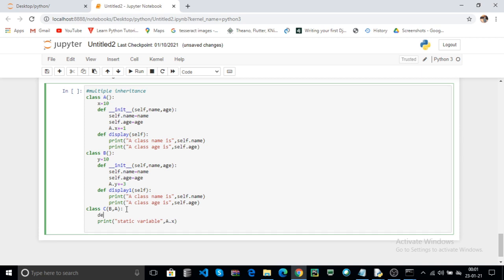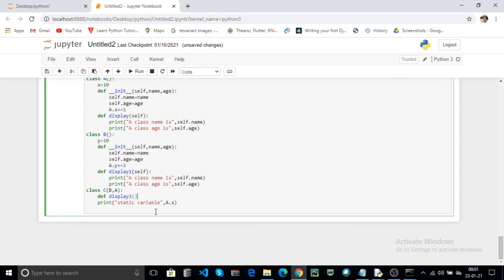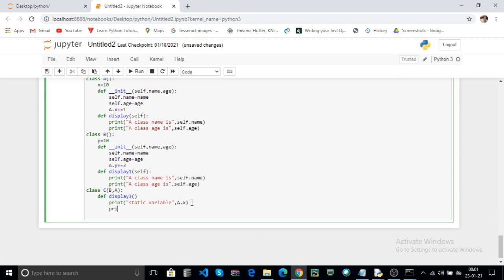Here I define one method, display 3. In the next program we discuss how to handle method overriding, and I print another static variable, for example, b dot x.